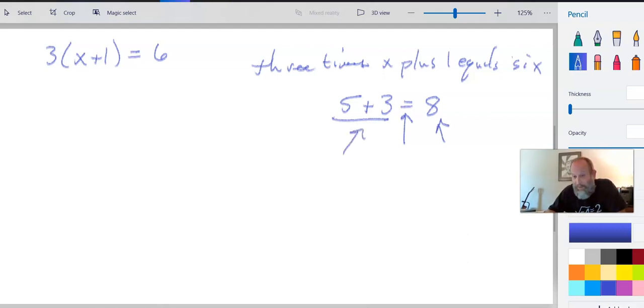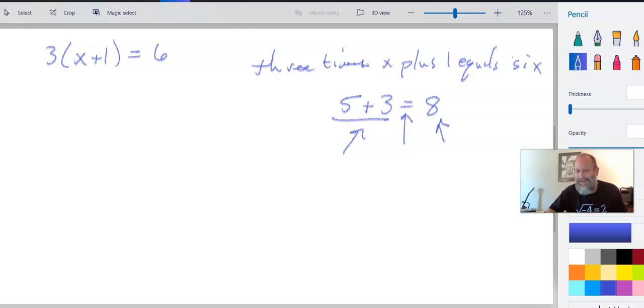And actually, if you really want to get all grammar Nazi, 8 would be a predicate nominative. So it really is a sentence. There's nothing about this that is not a sentence. In fact, I'll tell you what, if you want to start a good argument in the English department,